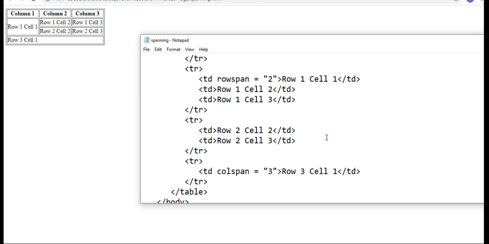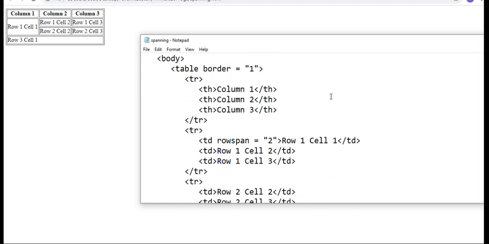If you want one column split into two, then that column will be row span. Next, if I make it column span, then what will happen? We'll see.